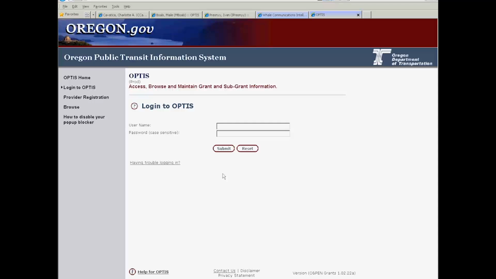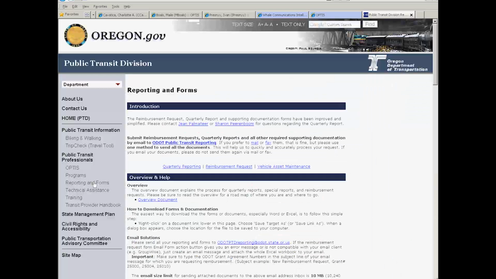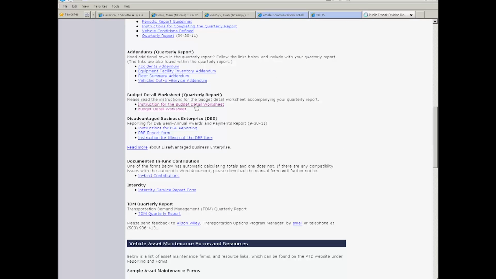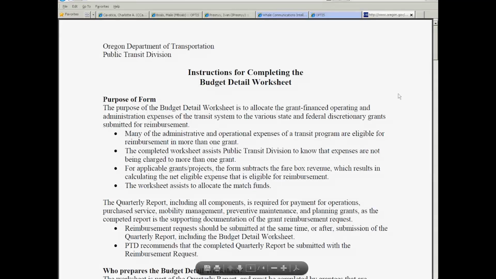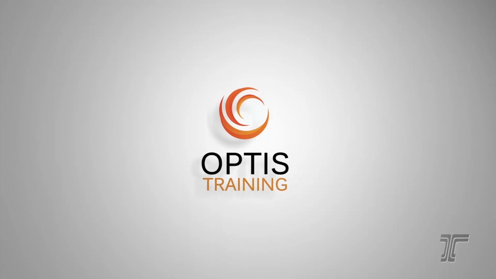The budget detail worksheet instructions, did I mention that when we were being recorded? Let me just show you really quick. That's also on our website. So you go to reporting and forms, and you have to scroll down. Instructions for the budget detail worksheet. Okay. But I will also bring the suggestion back to everyone that it'd be good to have a session of a class sometime to go over this and explain more thoroughly. And you said you'd email us what you didn't give us.